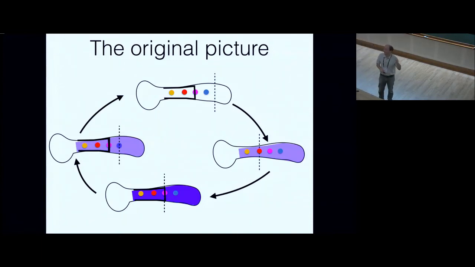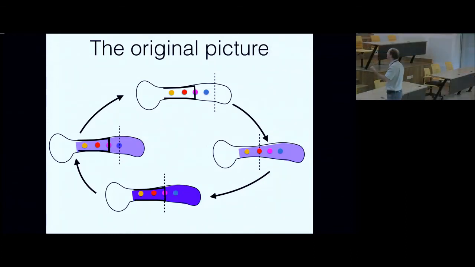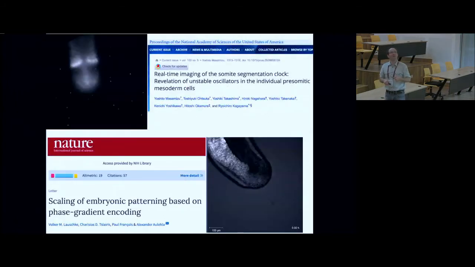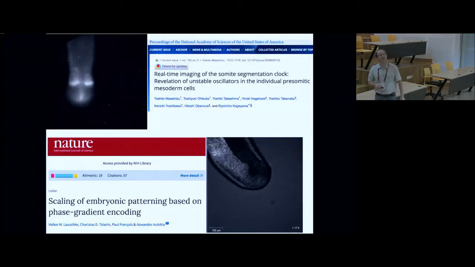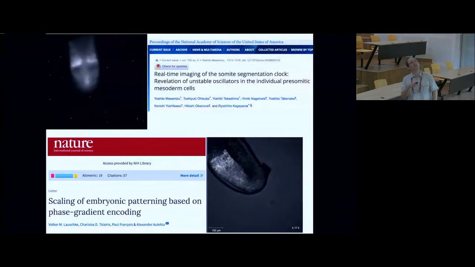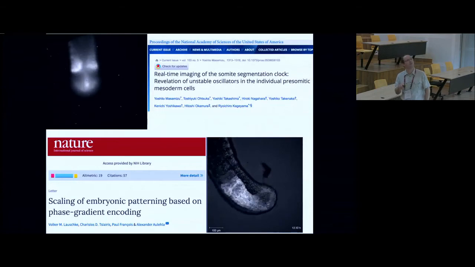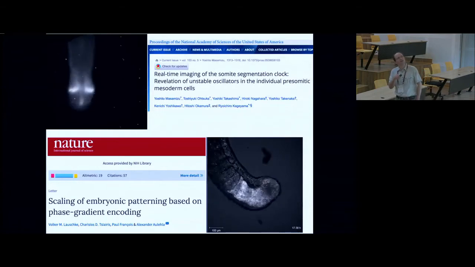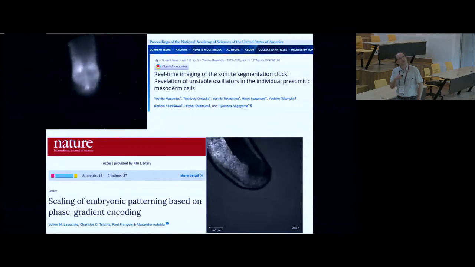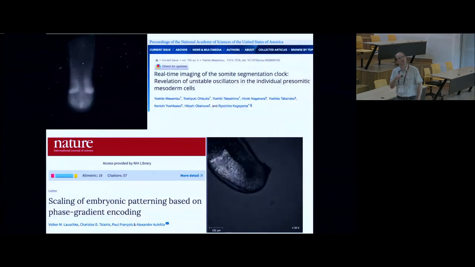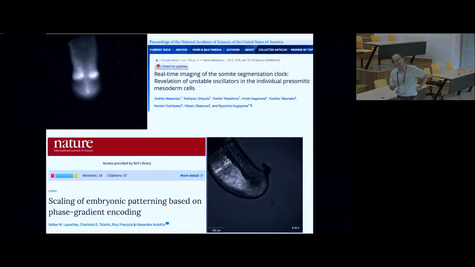One of the important things that biologists retain from this clock and wavefront model is that there is a clock. That's something that is quite easy to understand. They assume there is an oscillator. And so people looked for these oscillators in actual embryos, and they found them. This is a zebrafish embryo. No, I have a doubt. No, this is mouse embryos. This is the tailbud of the mouse that is growing. This is extension of the tailbud, so the embryo growing in both cases.